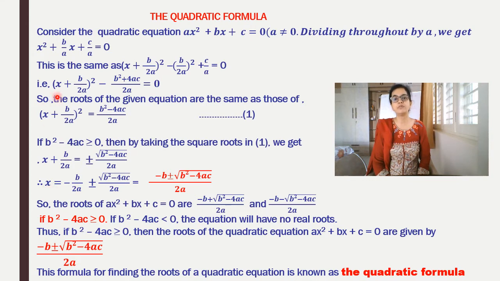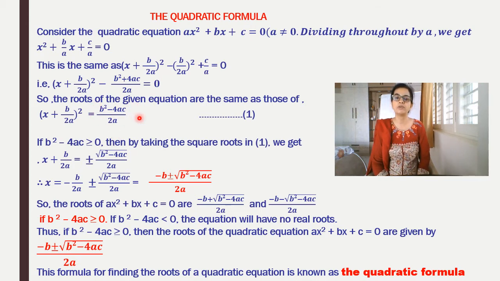Now our aim is to take the root of the first term. When we take the root of the first term, we will reach the solution of x. So what we are going to do is take the square root on both sides. In the beginning, first we'll transpose the second term to the RHS. That is, we will get x plus b upon 2a whole squared is equal to b squared minus 4ac upon 2a whole squared. Now plus 4ac has become minus 4ac on transposing it to the RHS. Now this is our first equation.